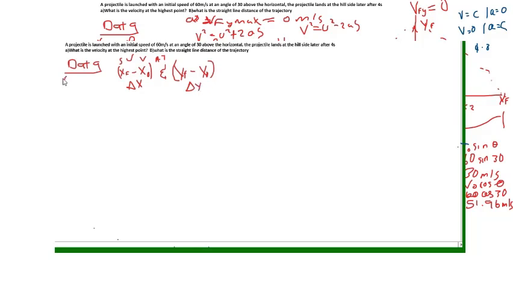You write x final, you write x initial, you write y final, you write y initial, like that. Then you come to the u. This u means initial velocity. Initial. So initial velocity, you also